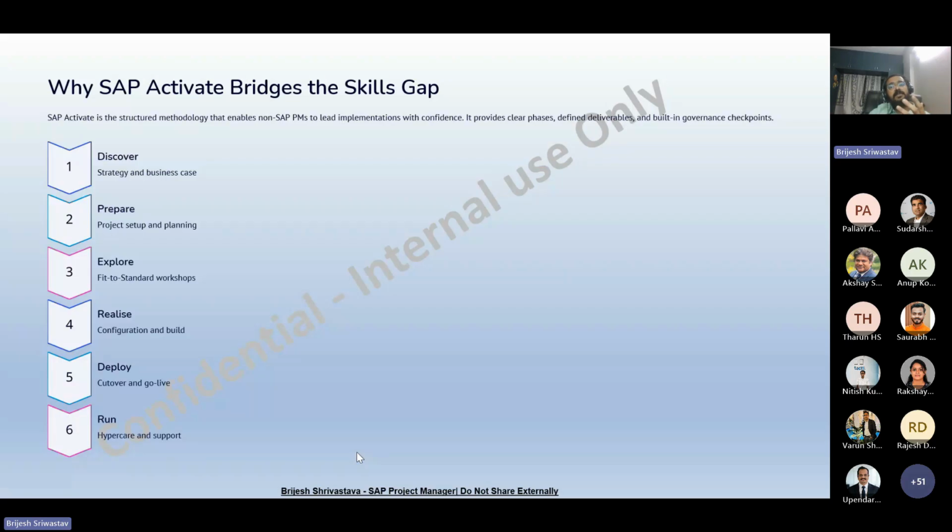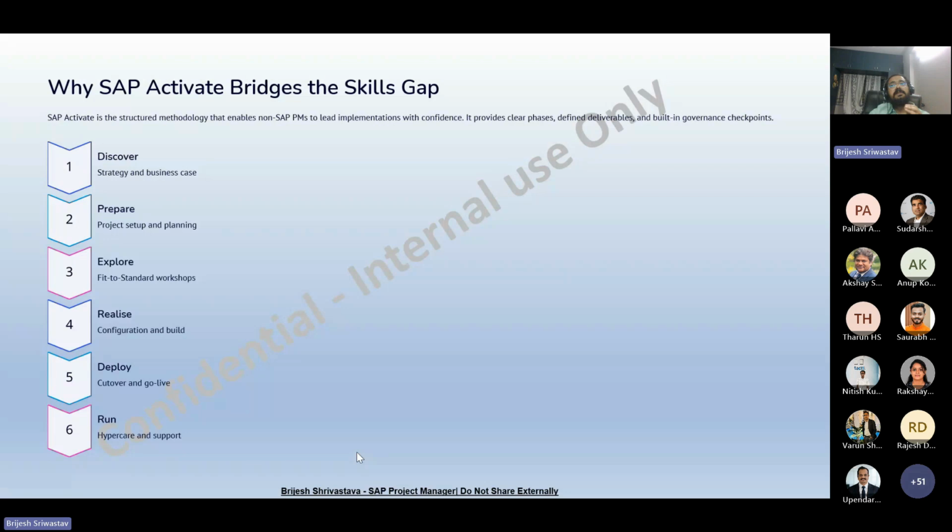And the fifth phase here is deploy, where you are going to focus on cutover planning and production. Whenever you have cutover planning, production, and go-live, you are going to take a business validation. You need to ensure a smooth transition into the production environment. And finally, we have run. Once the system is live, the project moves into hypercare, production support, and issue resolution. Once stabilization is completed, then we can plan the handover.